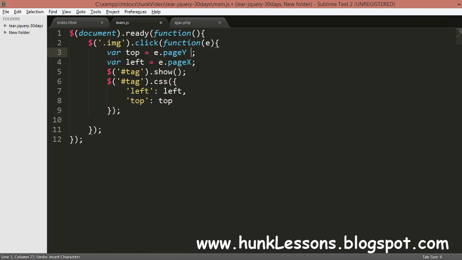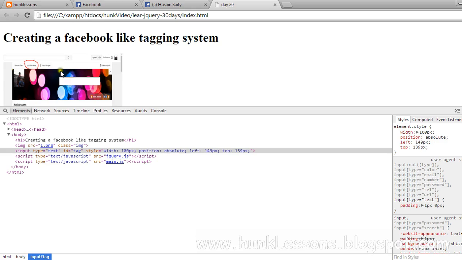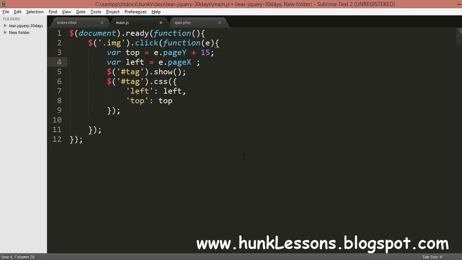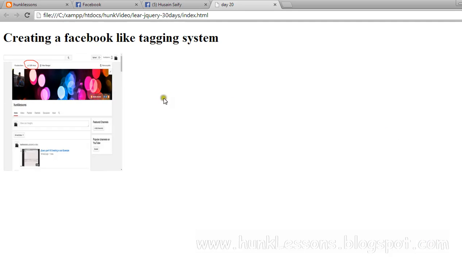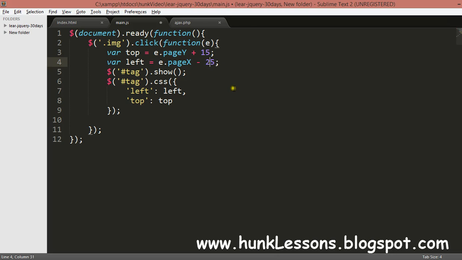I should do it like this, plus 15. That will work. And I will do left minus 15. That will shift the text area back to something here. It will look fine with 15 or 25.